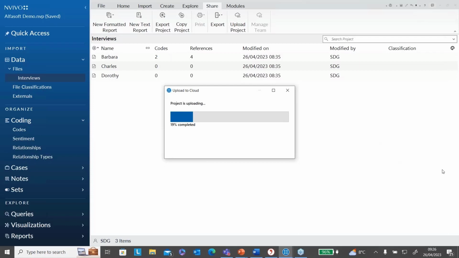It's very interesting that it always stops at 19%. It's quite funny how it does that, and then it goes. So it uploads the first 19% and then the rest. So just wait, and yeah, you see what I mean? It's done now. So now this project is up in the cloud,